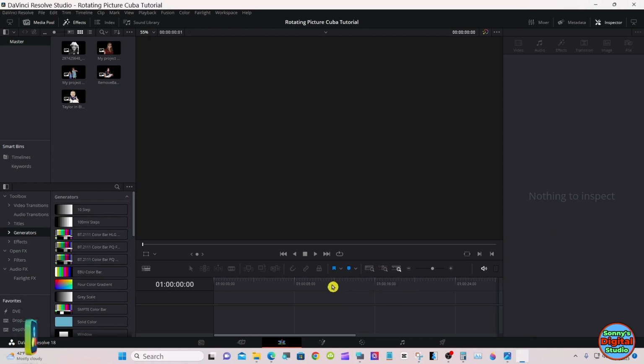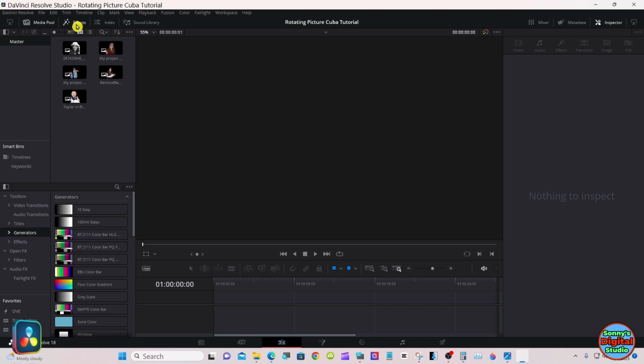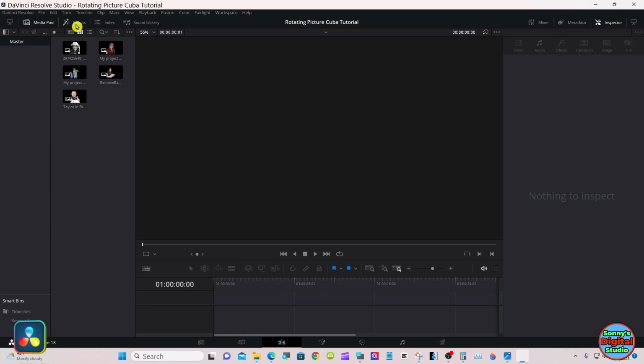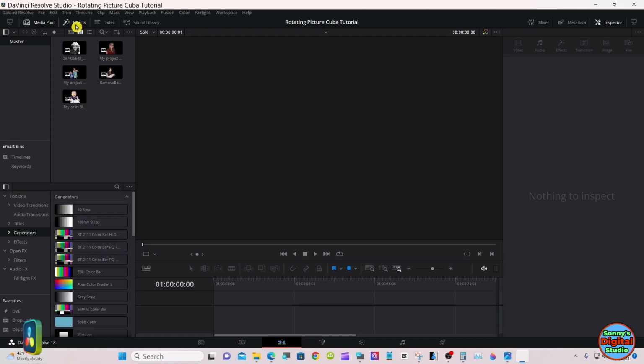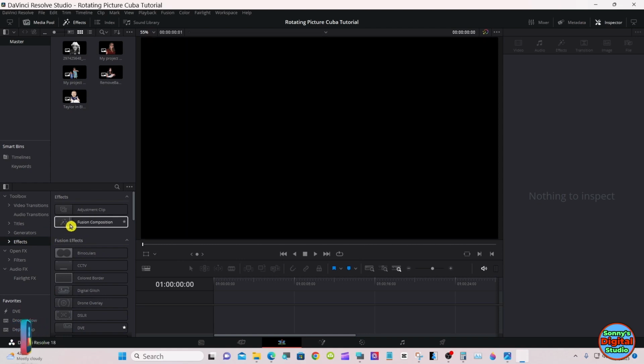Okay, to get started, we gotta get a Fusion composition. So if your effects aren't open, go up to the top left and open them up. Go down to effects and then a Fusion composition. Drag it over on the timeline.